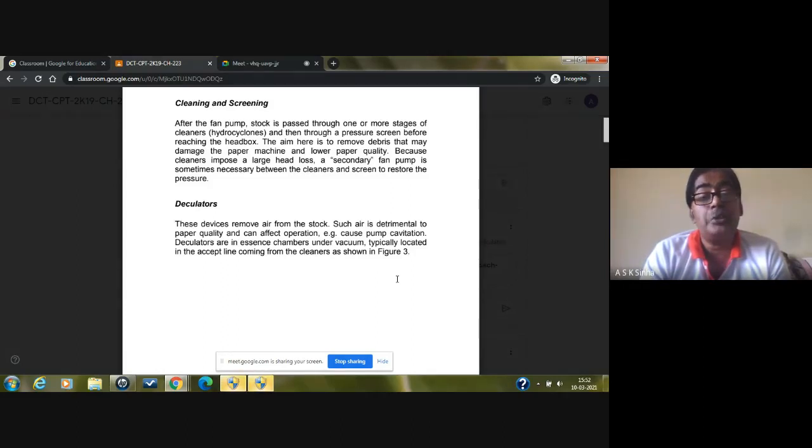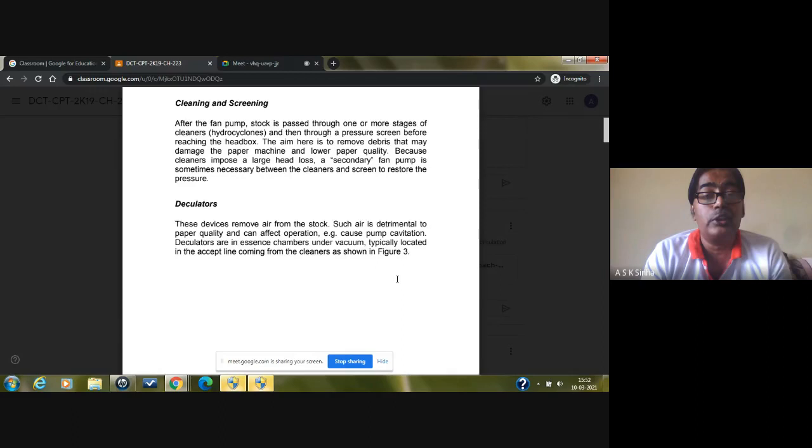Similarly, it may cause problems while flowing inside the pipeline. It may cause problems while applying the vacuum. It will break the vacuum, and for that purpose, it's required to remove the air entrapped in the stock slurry. And for removal of the air, we have the deculators, which will separate the air from the pulp